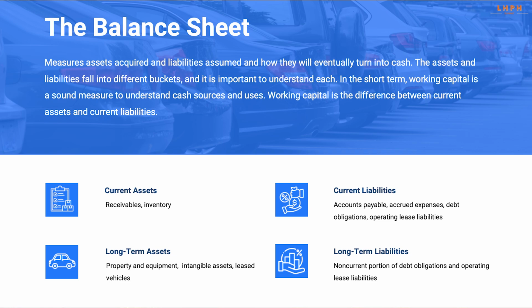And when you take your current assets and your current liabilities and smash those together, you take what you own and what you owe and look at that on a net basis, what you get is a picture or snapshot, a glimpse into the future of what cash you might have or what cash you might need to come up with. But that picture is still incomplete.